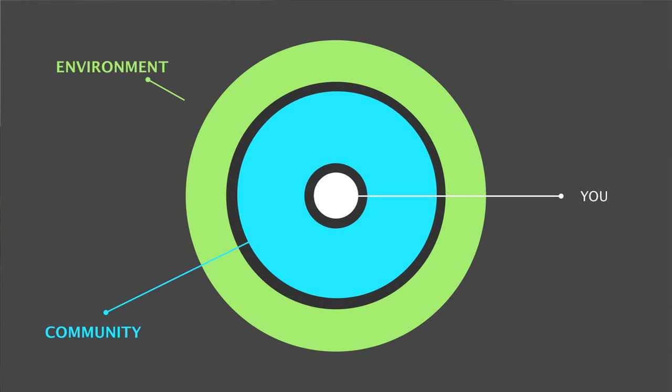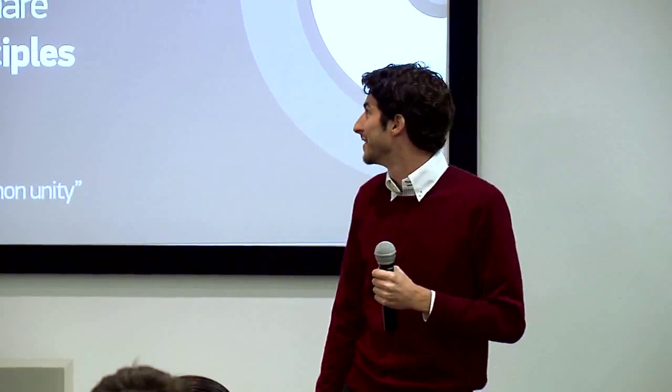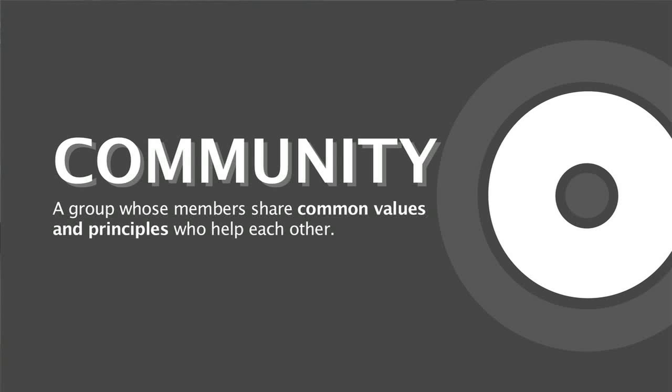So this process of adaptation has actually evolved us into working together as communities. It's by far the most valuable way that we've adapted to the environment, to understand that we can work together, we can cooperate, and actually as a group we can be far more successful in survival than individually. It makes so much sense in the wild because if you're facing a predator, oh, well, that's what community is, yeah. A group whose members share common values and principles we can look to for help. In Latin, it actually is common unity, so it's a perfect word.